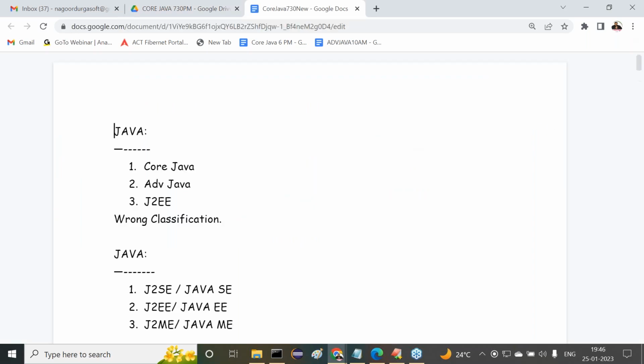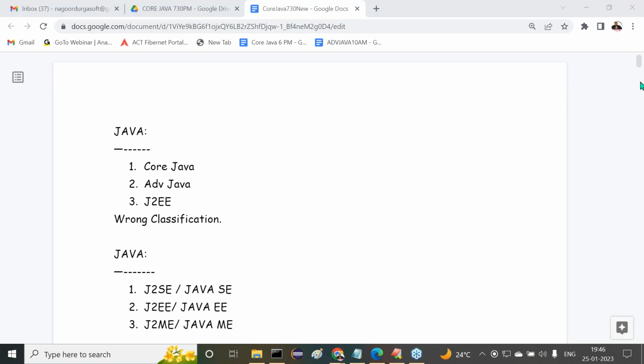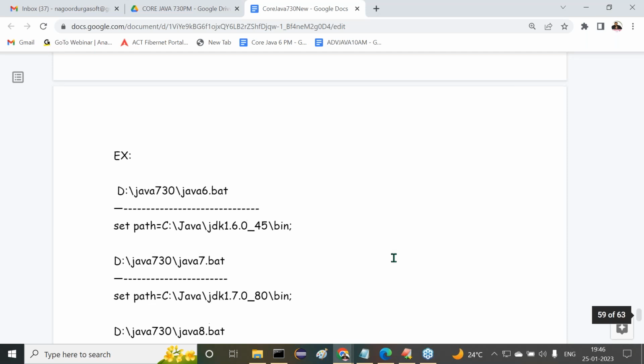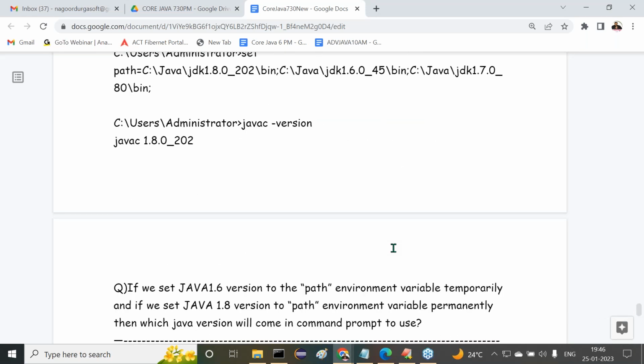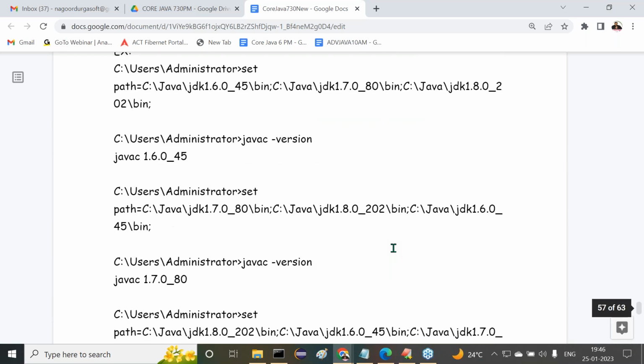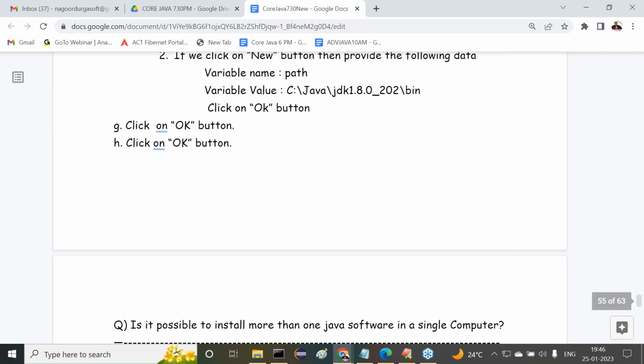In the last session, we understood the steps to prepare the first Java program. The topic we are discussing here is the steps to prepare the first Java application. Almost all the steps we completed. First of all, download and install Java software. That part we completed. Next, after that,